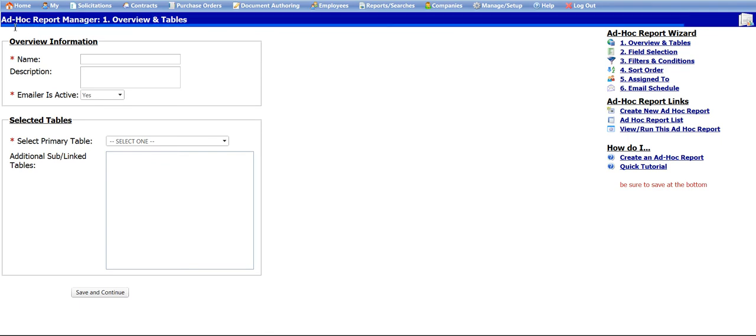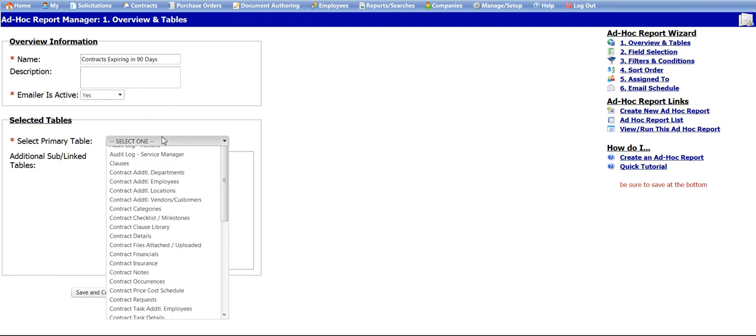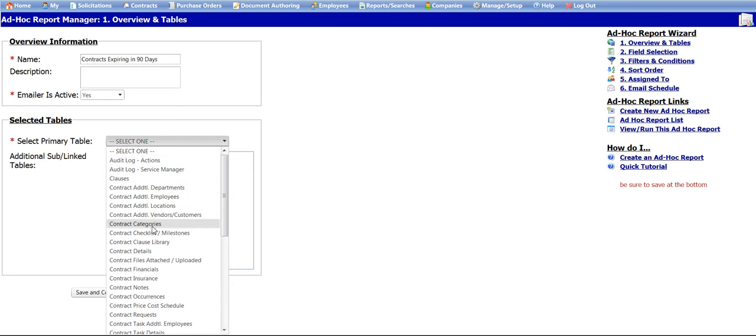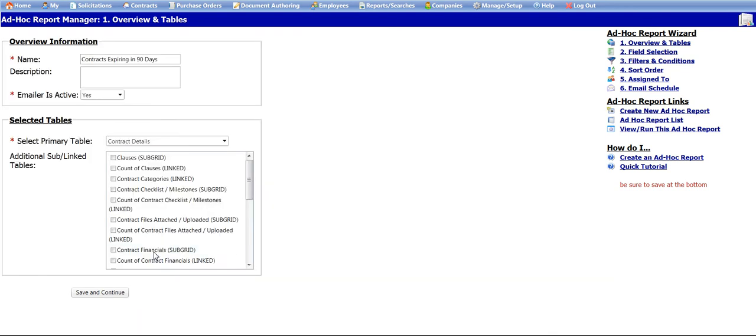This will open the Ad hoc Report Manager to the Overview and Tables screen. First, specify a brief, concise, and descriptive report name that specifies the intent and scope of the report. Optionally, you can also specify a description of the report. Select whether you would like this report to be enabled for emailing using the Emailer is Active Yes/No drop-down box. Next, select the primary focus table, which will be where the main information for your report will be pulled